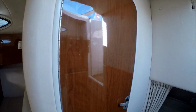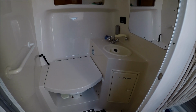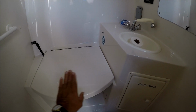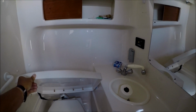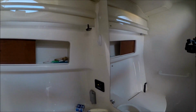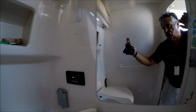And then coming back here, we have our fully lined fiberglass head. This is what I call another LLI feature. We have a seat covering the toilet, so when you're using it as a vanity, it's a little bit nicer. Fully lined fiberglass. Windows and shades in here. There's a tank watch system,